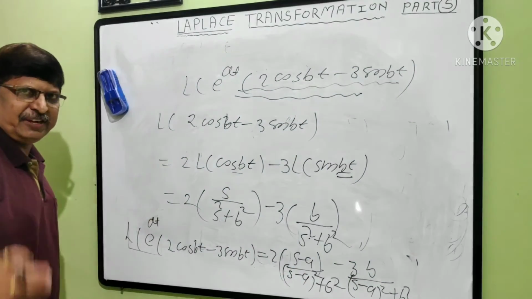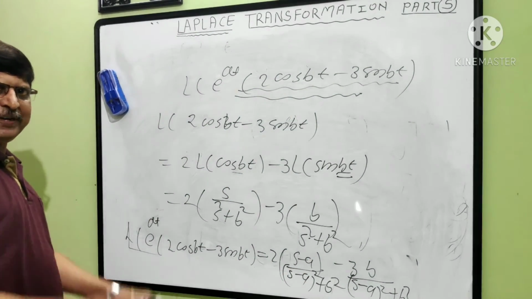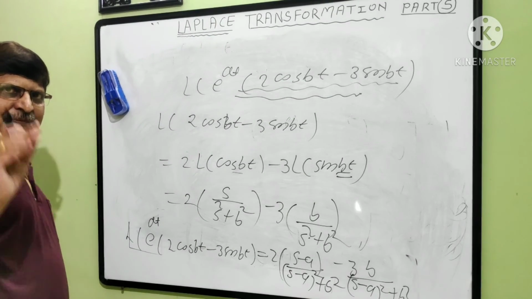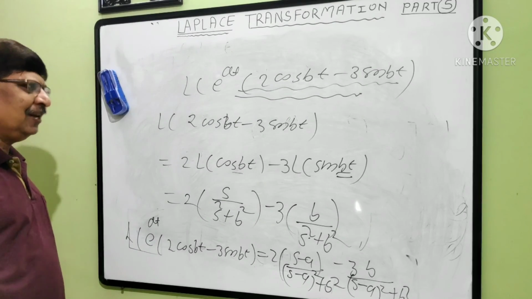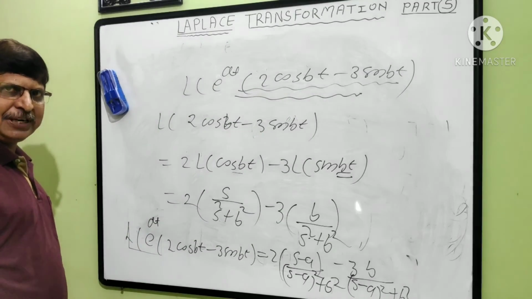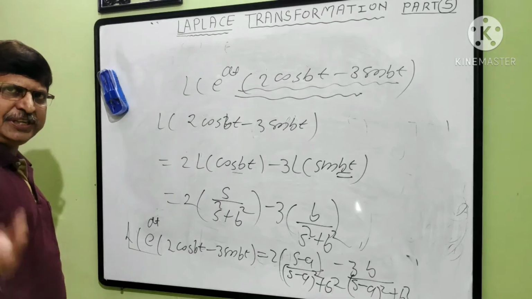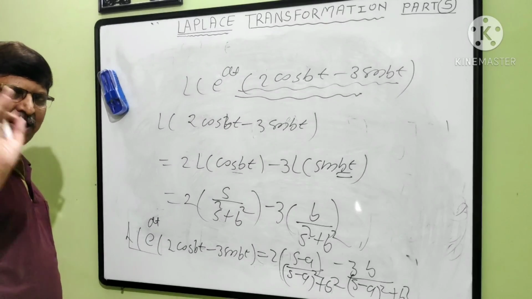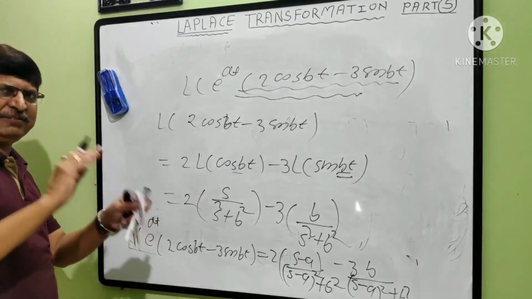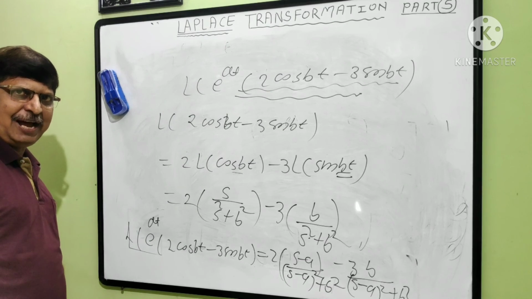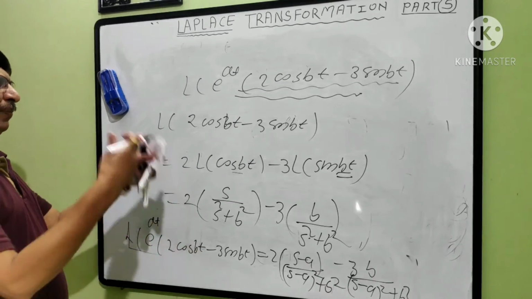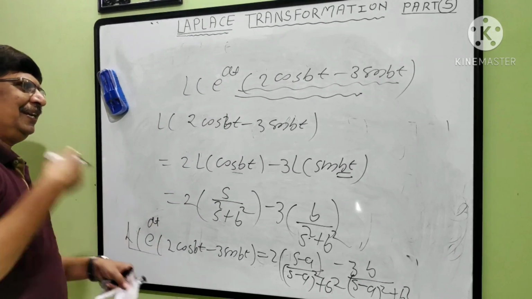In this way you can solve any problem in your book. Actually, I have taken all the results from your syllabus, and I have explained each result with an example. The examples are very simple. 5 or 6 formulas are there, and some linear property, first shift theorem, second shift theorem, then the into t result, the upon t result, then the Laplace transformation of a derivative and of an integration. If you know only these, you can solve any sum. The same examples are there in your book or in any book.